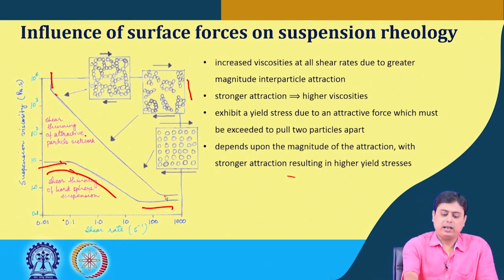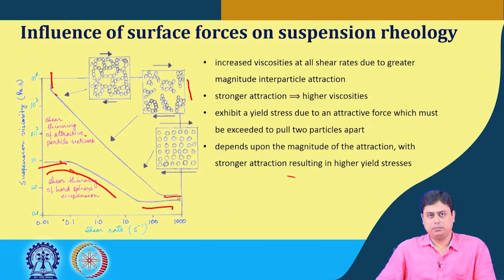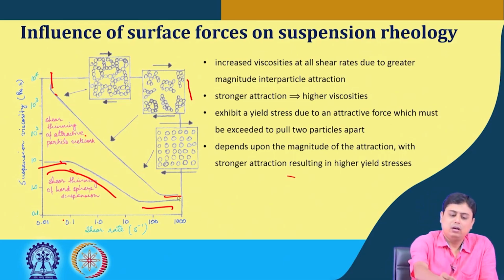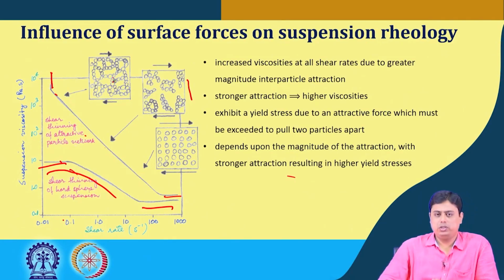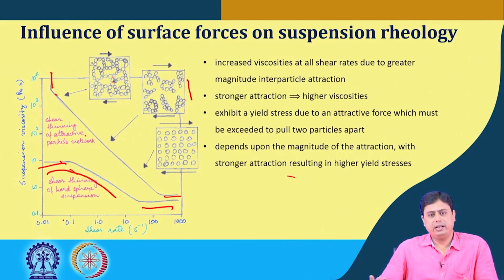And then again we can have a high shear rate Newtonian plateau. To summarize this schematic, here we have a particle network which captures the liquid inside that network. As that network is broken by the shear rate, more and more liquid is released. It starts to flow, it becomes smooth to flow,